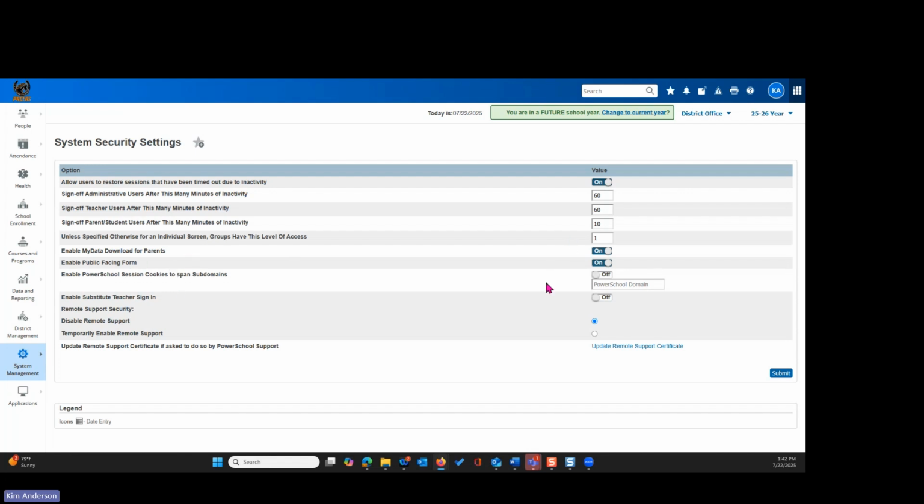You can, again, there's a couple other settings here. Enable my data download for parents. Public facing yours may not say the same. Enable PowerSchool session cookies. And again, these are very specific settings. Like I said, it's more of a system settings overview that you're looking at here right now. Typically, this is like,